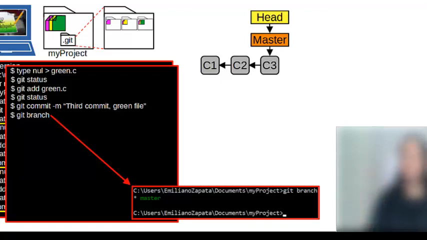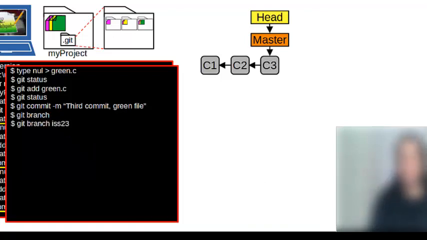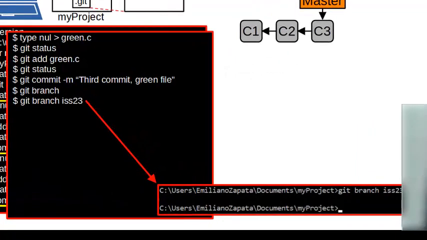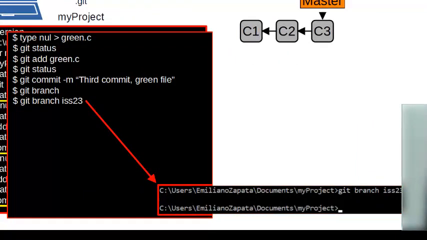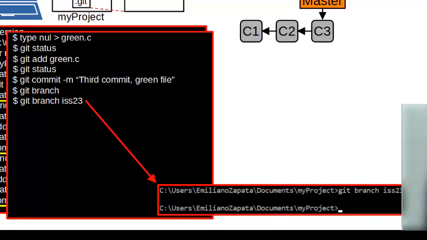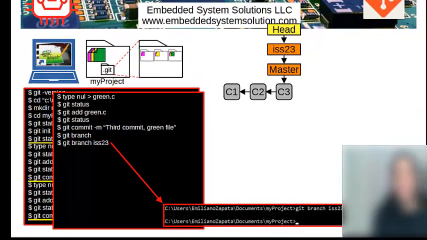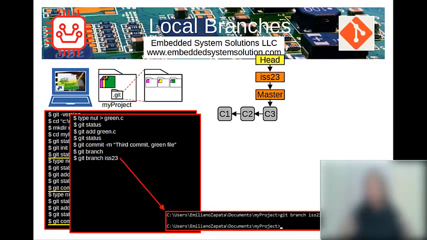But let's do something different. Let's create a branch. To create a branch, you run git branch and then put the name of the branch. There's already a branch called master, but now you're creating a second branch. After running that command, again, there's no output from Git. Now can you see the issue 23 branch? Hey, now we have two branches. And the pointer, by the way, to create the